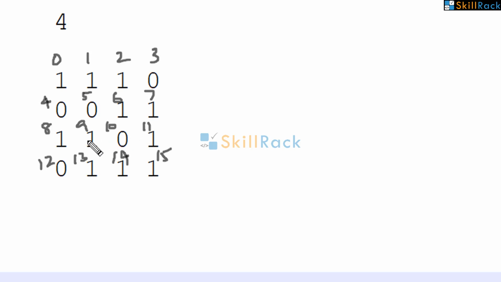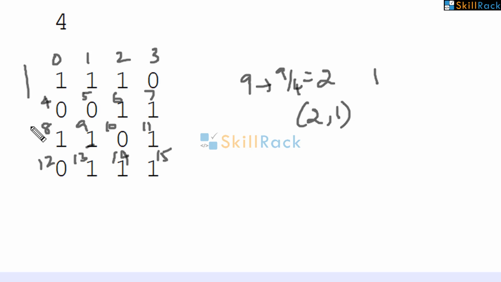So let's take this particular value 9. So from 9, how can you get the row index and column index? So 9 divided by 4 will give you 2 and 9 mod 4 will give you 1. So this particular row and column index will be 2, 1.